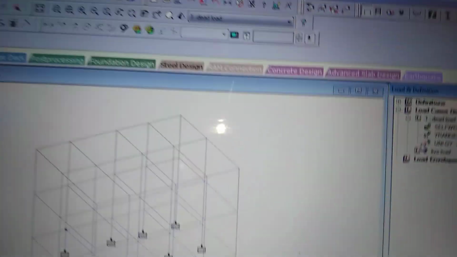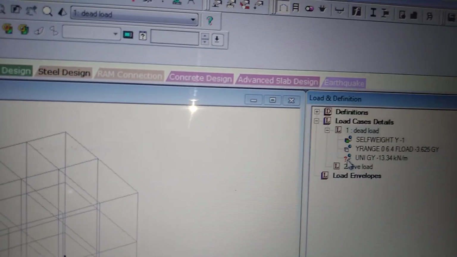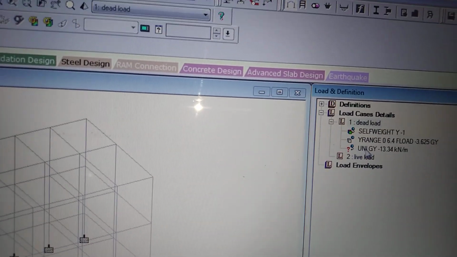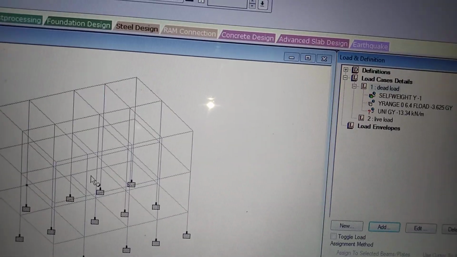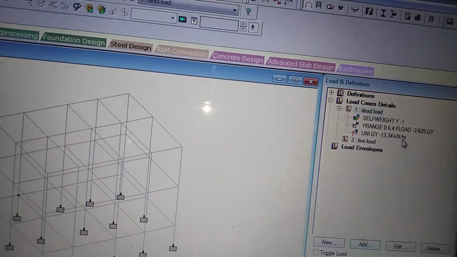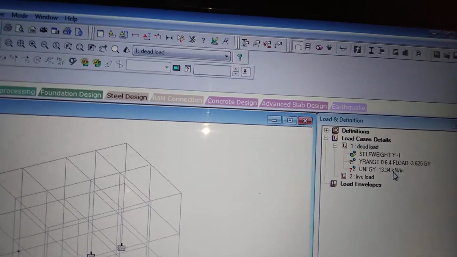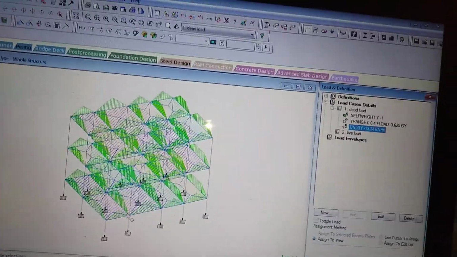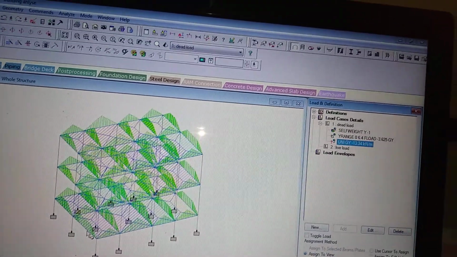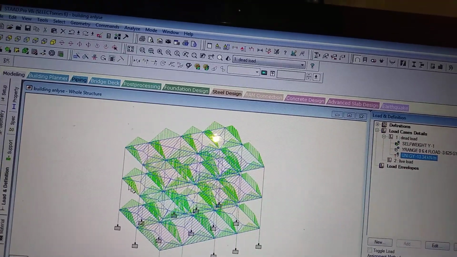How will I select it? See here, it indicates a red mark. That indicates this load is still not assigned to beams. Okay, what will I do? I will select this load, and I want the wall load on this floor and this floor only, not this floor. What will I do?